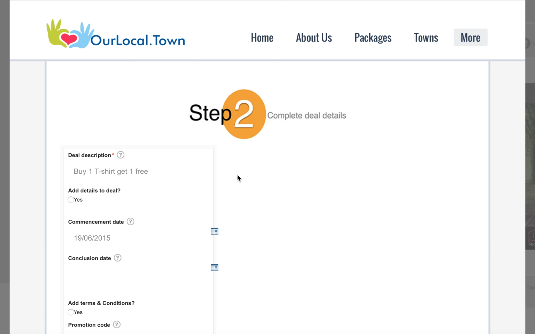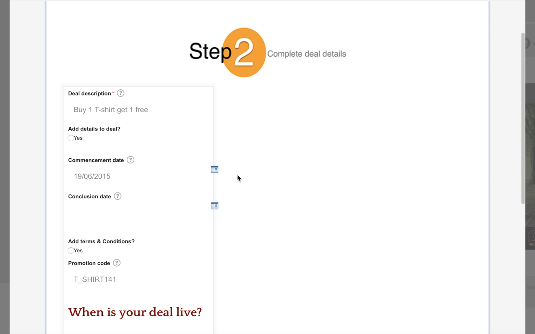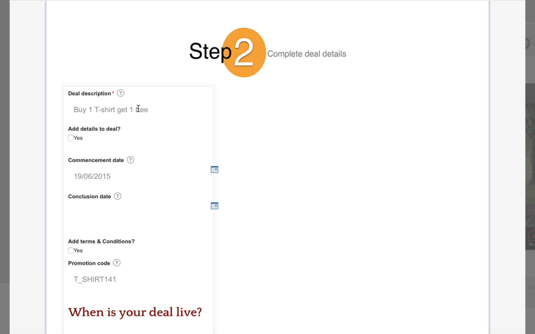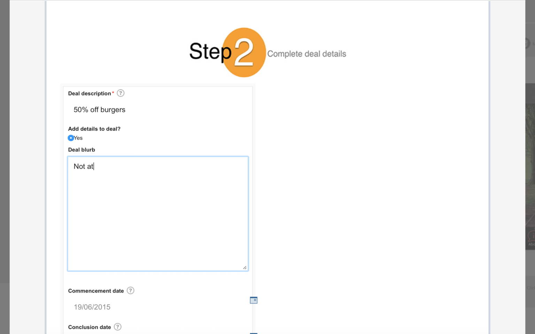What it then brings us through to is step two, which is where we just need to infill details of the deal itself, as much or as little as we like. So if you click at any of the question marks here, you'll see it gives you a bit more detail in what you expected to put in that field, but it's pretty self-explanatory. So if we put 50% off burgers, do we want to add any details to that deal? If we click on there, it will give examples of the kind of thing we put. So if we just put not at weekends,